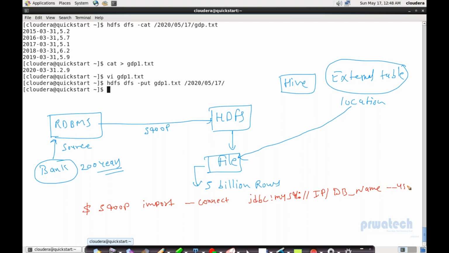Then username, some username will be there. Then password. Then table name, some table name will be there. Let's say this table name is transaction table, TXN table. And the target directory I'm giving